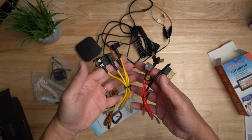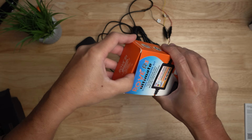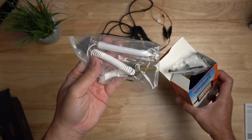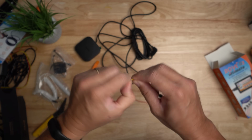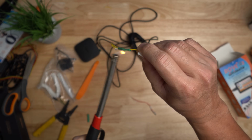So I have to combine and rig mine with another brand's hardwired kit. And I'm just going to tell you what I did, but this is not a tutorial to do it. I'm using the Rove brand hardware kit, and by the way, this is one of the better hardware kits out there because they include everything. Like, it also comes with a line tester and the fuse taps, which are the ones that I'm going to use. I do have to splice the Rove's connector though to the 70